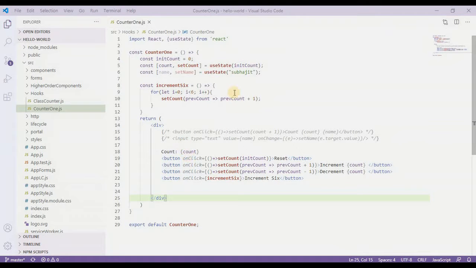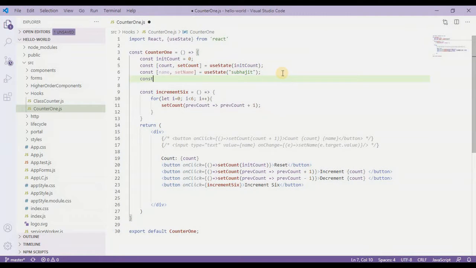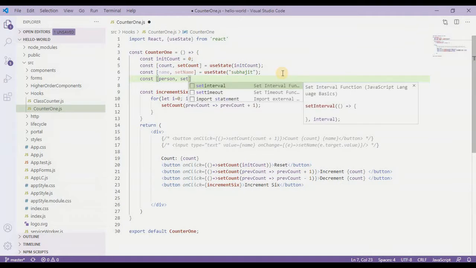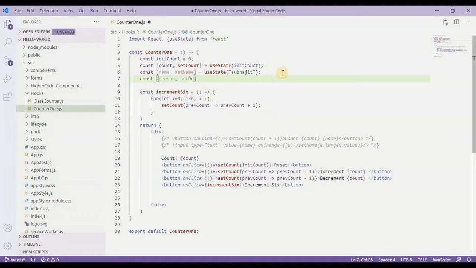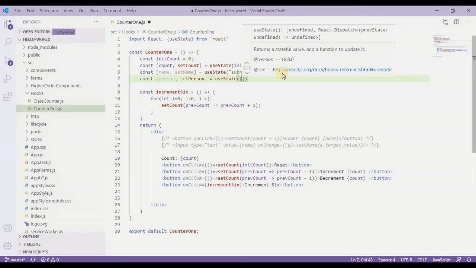So for that I will take one constant variable over here, and that will have an object. The object name will be person in this case, and then I have to provide a function to update that person. So that will be setPerson, and then I'm going to use useState. Inside this state I'll have the person's name.